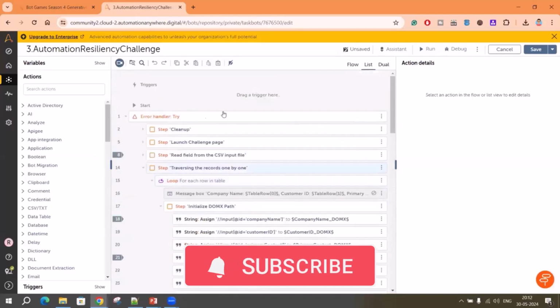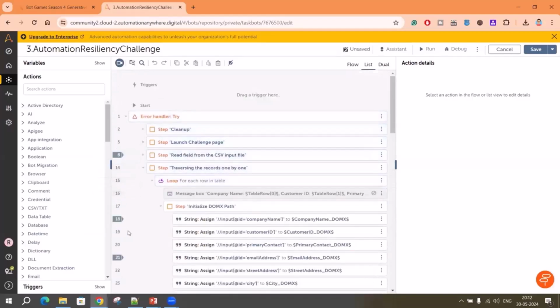Okay. So this is how I have just enabled a few breakpoints at a few of the places. This feature can be used in flow view as well as in the list view. But for better readability or better visibility, we'll use list view. And one more thing, if you hit this debug button, you have to make sure before debugging your